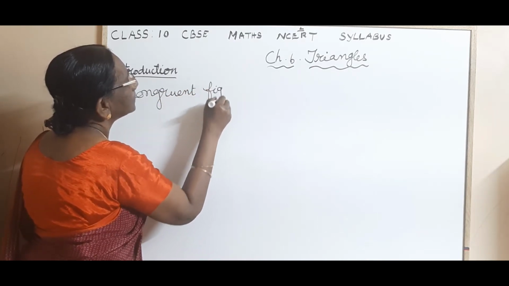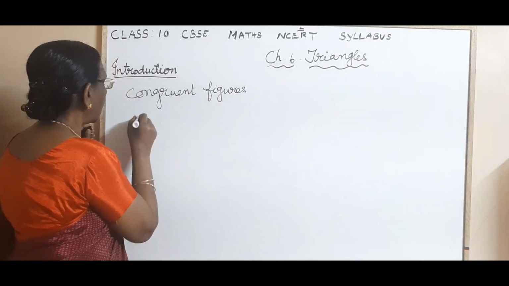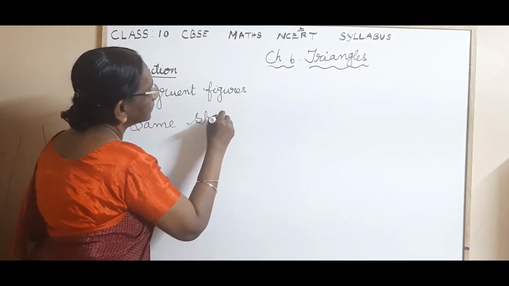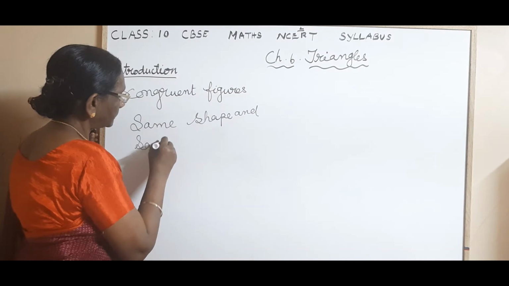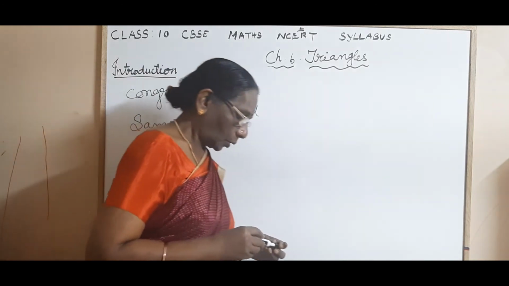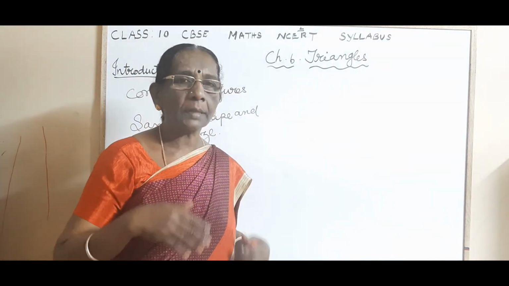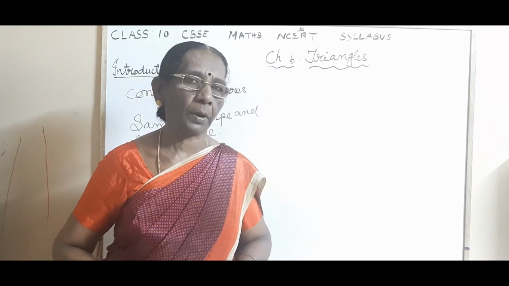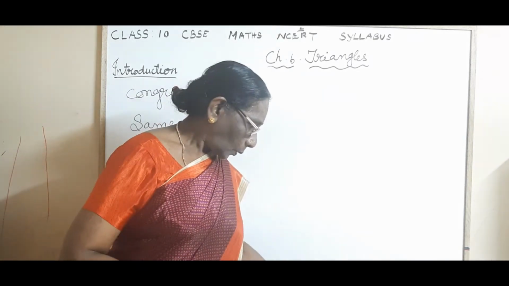Figures, 2D figures. 2D means two-dimensional figures. So these figures have the same shape and same size. Okay, now you have recalled what is the meaning of congruent property, and the conditions already you have studied. We are not going to use them in this, so we'll just move to the next important property of the 2D figures, that is two-dimensional figures or polygons. What is that? We'll see.